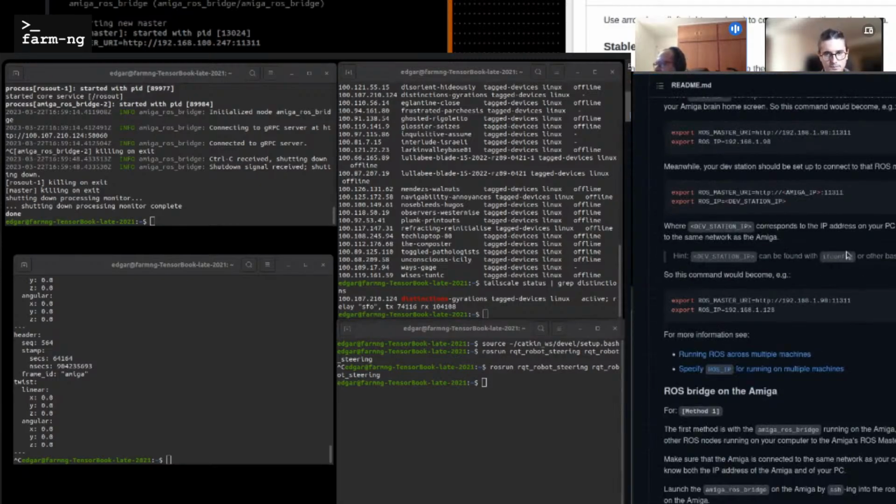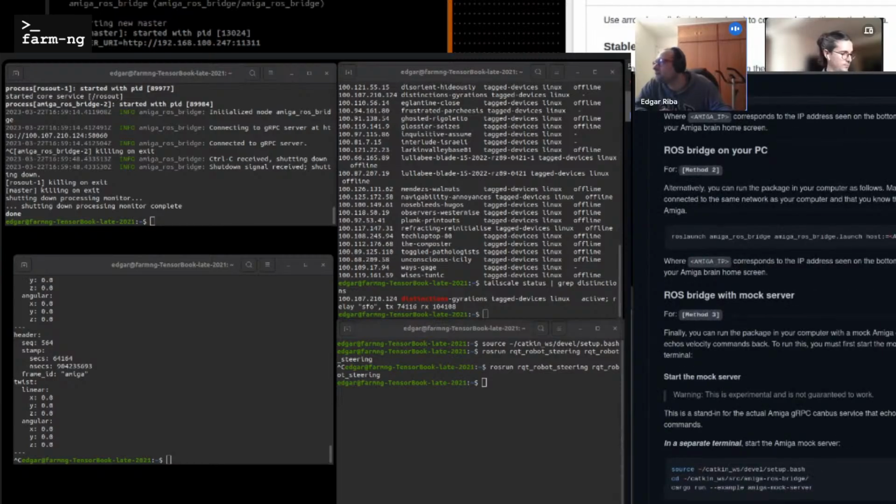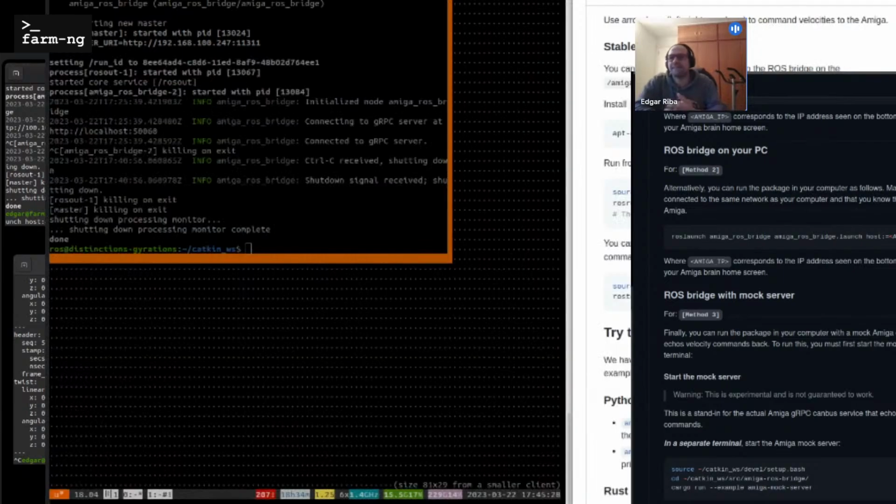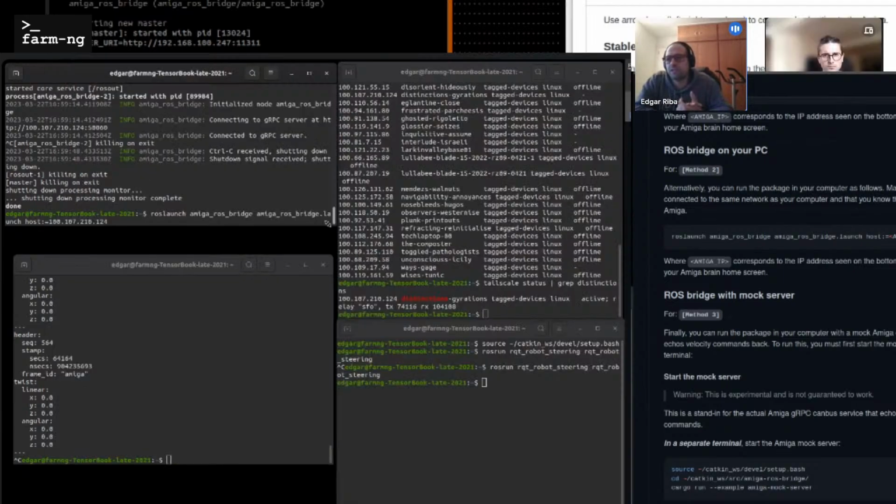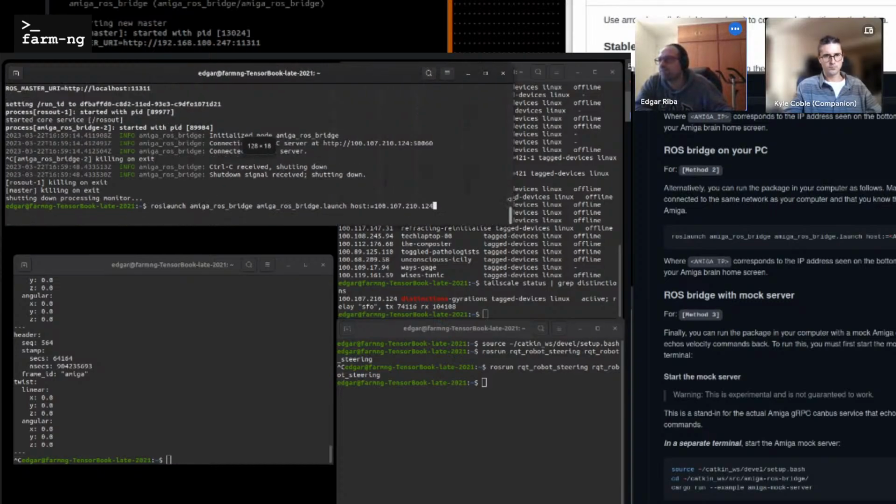So let me go back again to the instructions. The instructions are very simple. I'm gonna just launch this command here in this top terminal. In my case, I'm running this in my local machine, so I had to go through the process of compiling. Probably you'll have to do the same until we release the container containing the binaries. So very simple. It's the same command that Gran and Kyle were showing. It's ros-launch